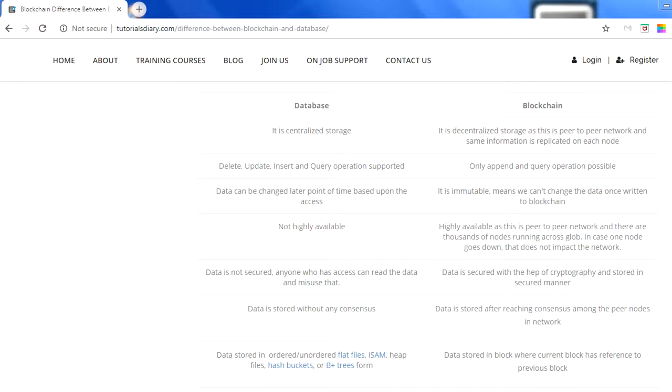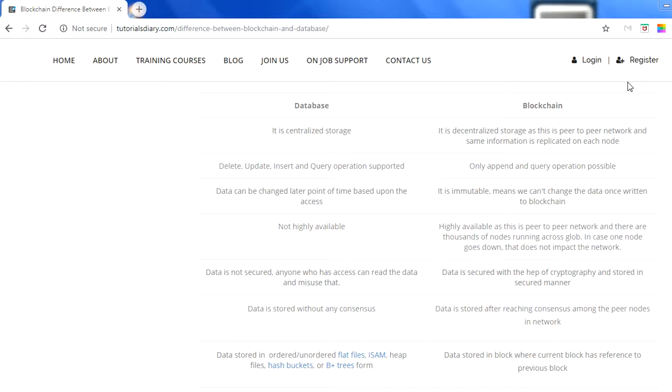So if you are starting with blockchain and if you are new to it, the very first question that comes to your mind is: what is the difference between a database and a blockchain? Although both are used at a very high level to store information only, what could be the difference between these two, and why is there so much hype around blockchain? How is it different from a database that makes it unique and very useful and the future for all of us? So let's talk about that in this session.